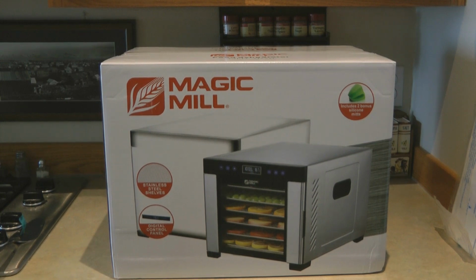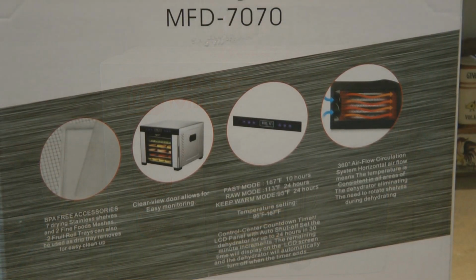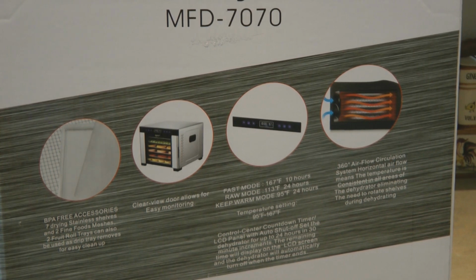It's all stainless steel display across the top with all of the controls. It has a glass door that shuts completely, which is different from other food dehydrators that I've had before. The side of the box gives you the specifications of what's included: 7 drying stainless steel shelves, 2 fine food meshes, 2 fruit roll-up trays that can be used as drip trays, and you can put them completely in